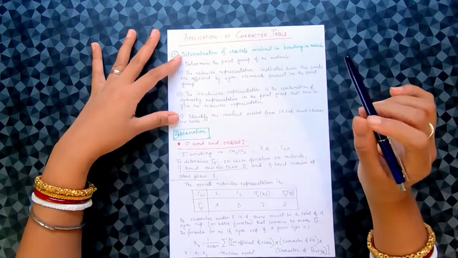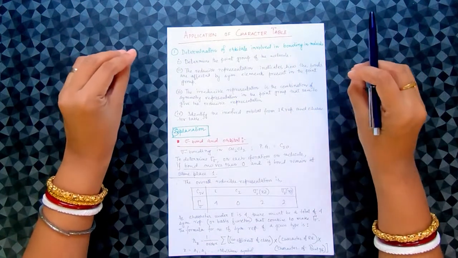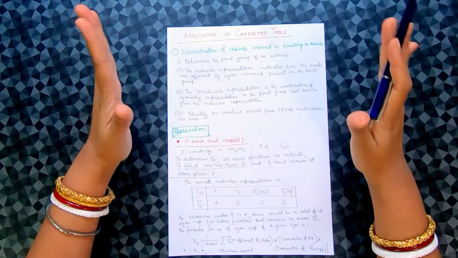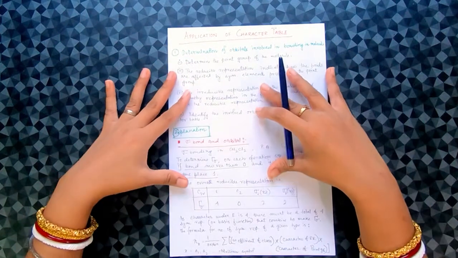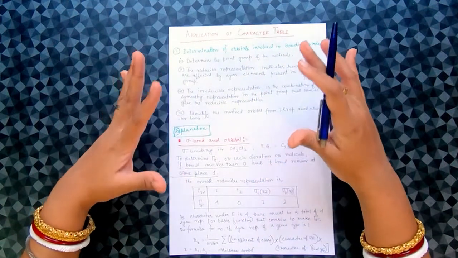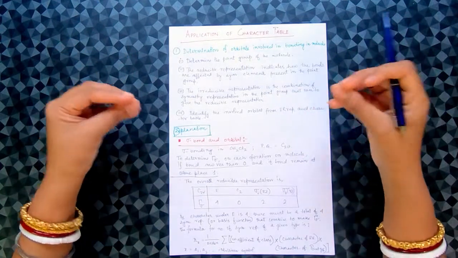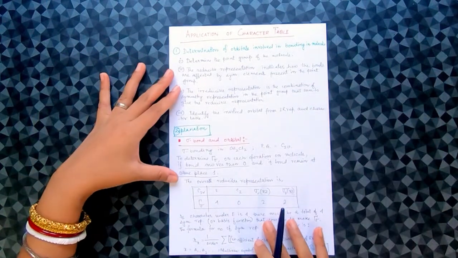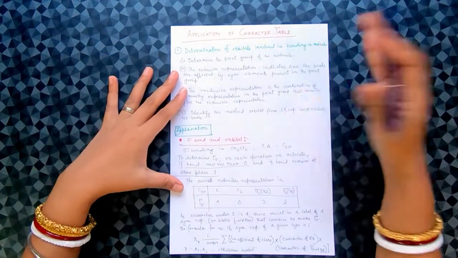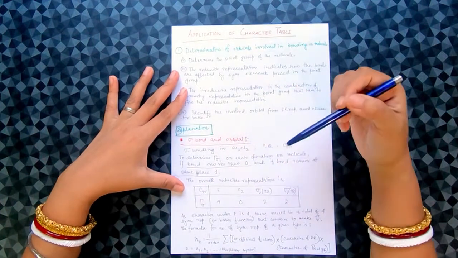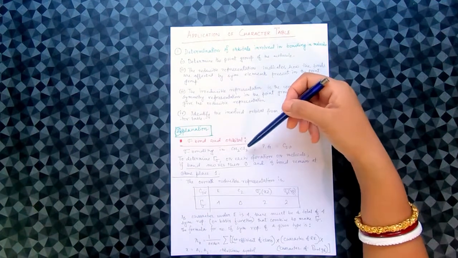So how to determine which orbitals are involved for a sigma bond in a particular molecule. In this case, we are going to determine it from the character table and obviously with the help of group theory. If we take an example, it will be easy to understand. So I have taken one example: CH2Cl2, dichloromethane.